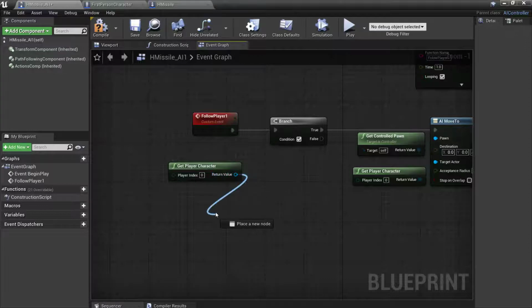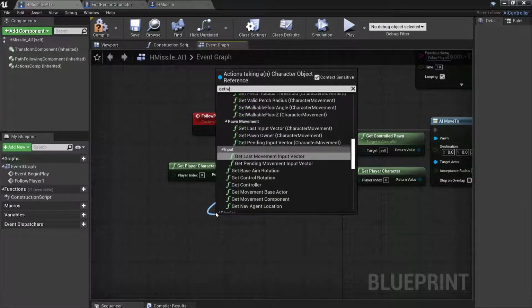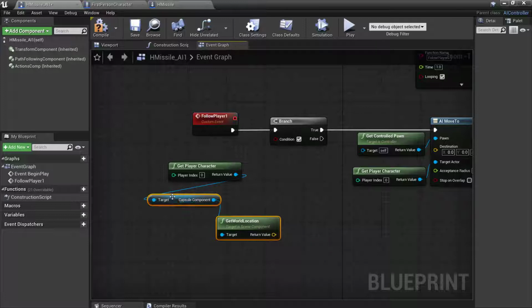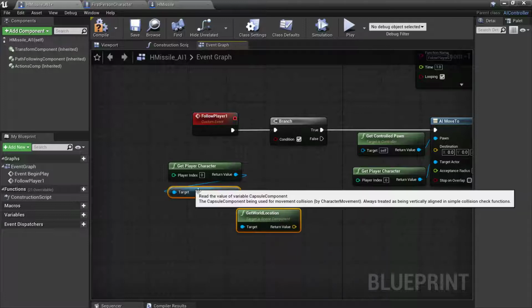Let's try doing it off of this. Okay, so because we're doing it off of this, it's actually associating this search with the first person character, and there we actually get something like get world location of the capsule, the mesh, so anything that's associated with that first person character. What we want to do is get the capsule component, because this is something that will register events to it. So let's go ahead and do that, and you'll see that we get this little transition box